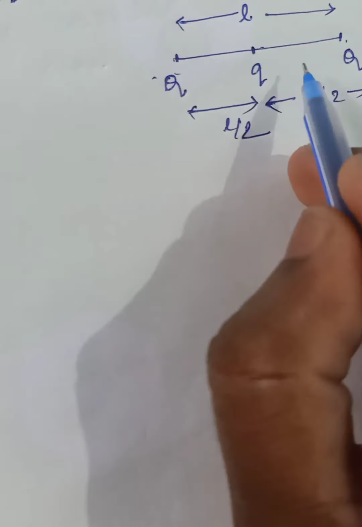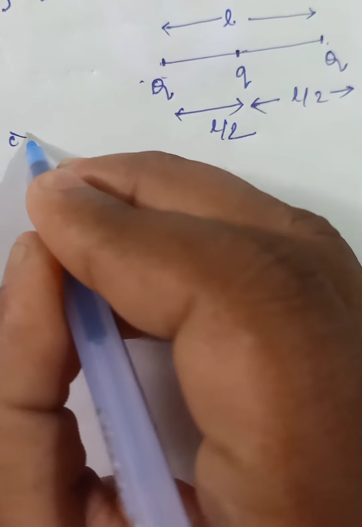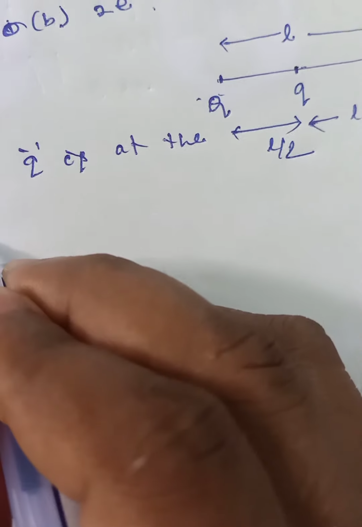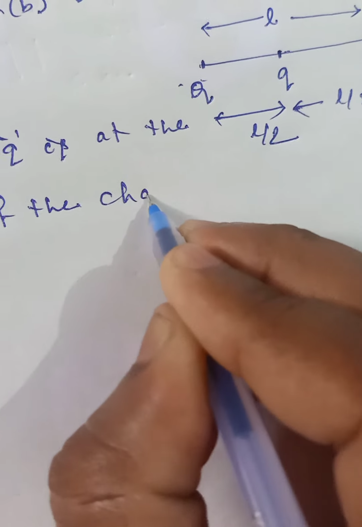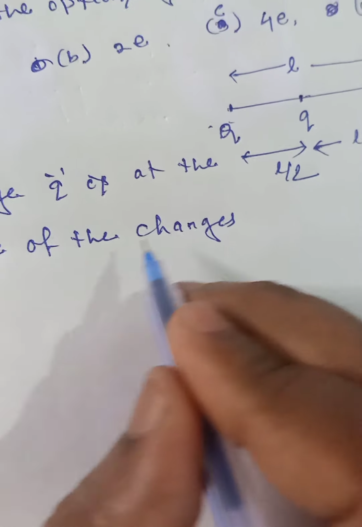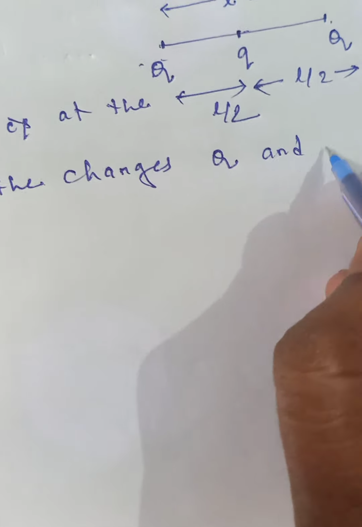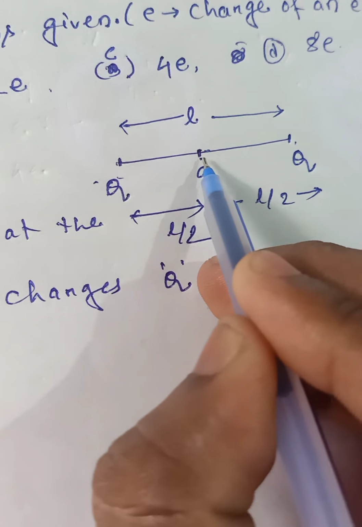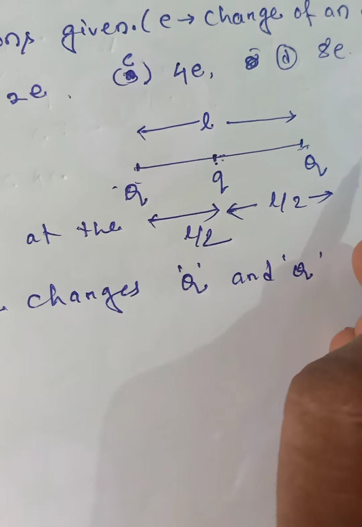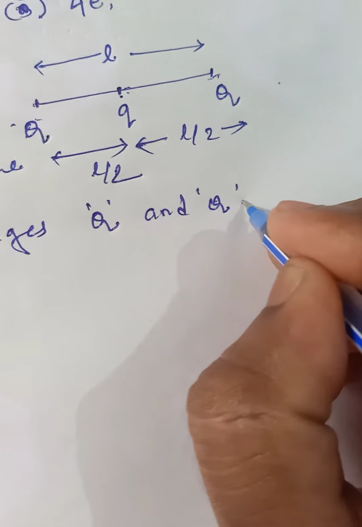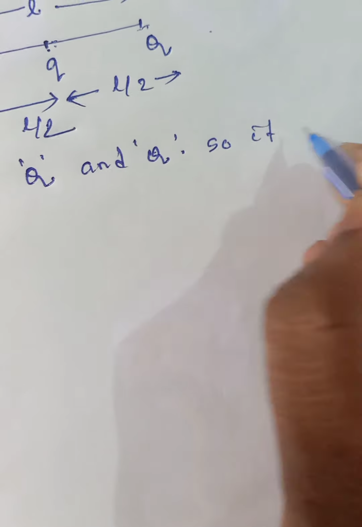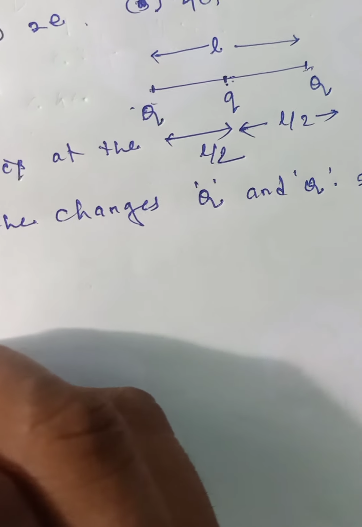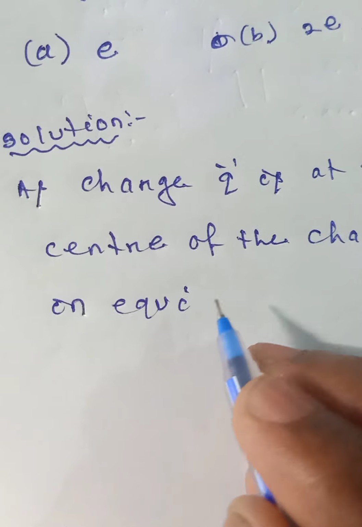Charge small q is at the center of the charges, the center of the charges Q and Q. That means small q is placed in between capital Q and the other capital Q. So the capital Q remains in equilibrium